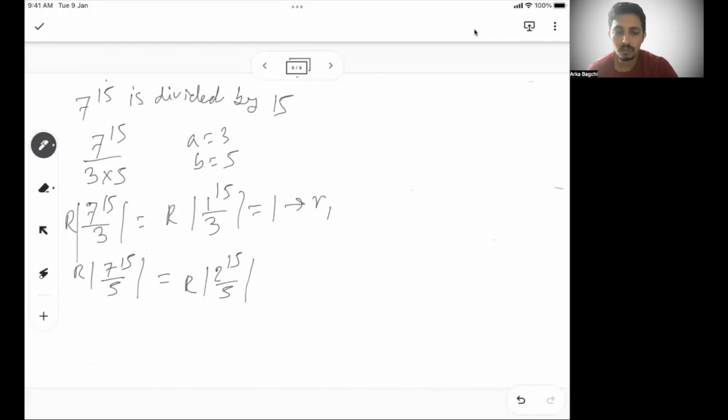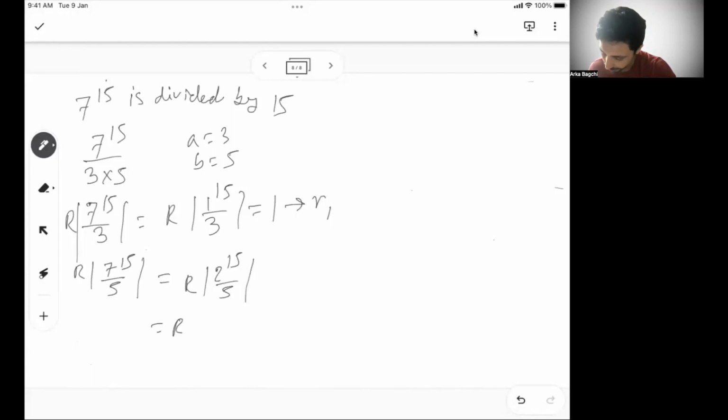Now I know 2 to the power... now you look for a power of 2 that gives a remainder of plus or minus 1. Let's see, plus 1. So 2 to the power 4, I know, is 16. 2 square is a minus 1, let's take it aside for now. 2 cube gives a remainder of 3. 2 to the power 4 when divided by 5 gives me a remainder of plus 1, because 16 divided by 5, 5 3s are 15, gives a remainder of plus 1.